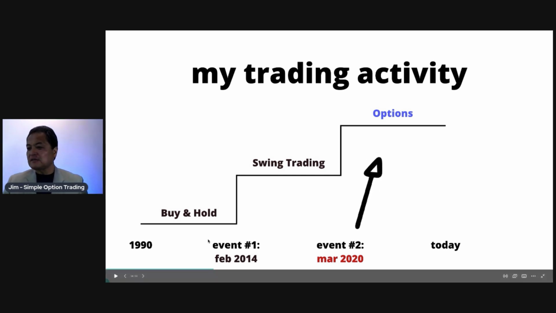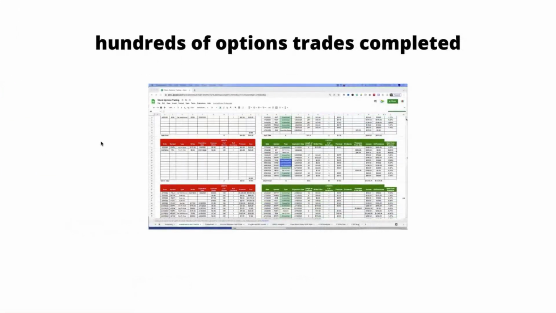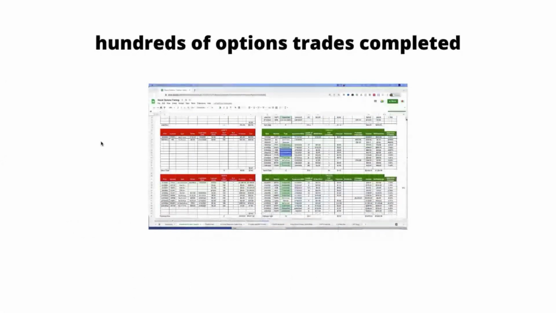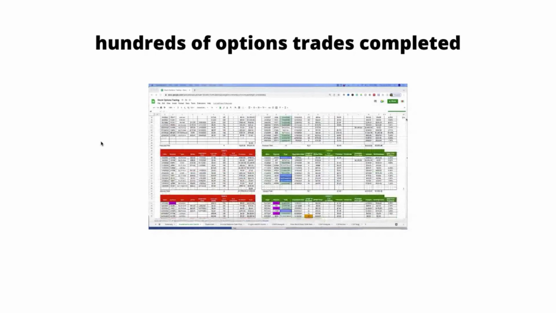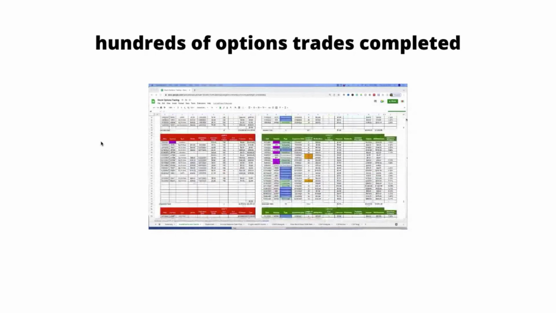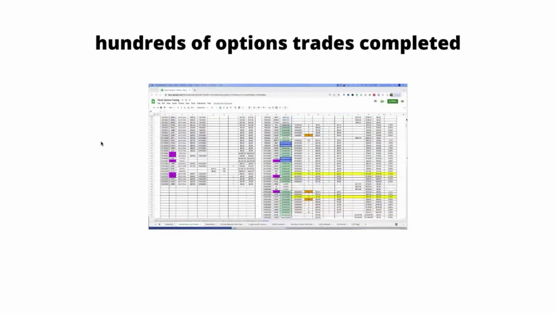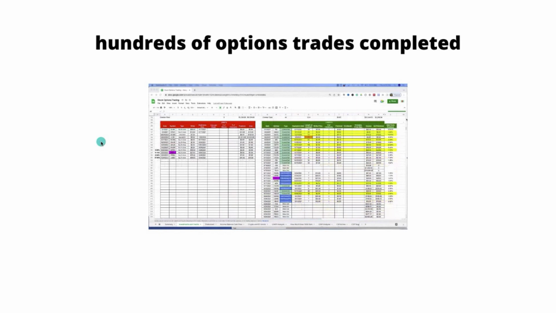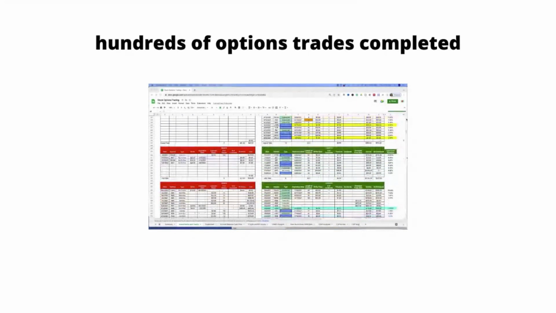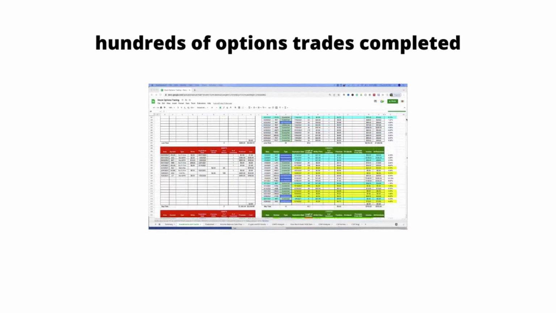And so as a part of that, over time, where did I get to? Let me see if I can move this back out of the way here. I started doing options trading a lot. And from that time, 2020 to today, I've done hundreds and hundreds of options trades, and I might even have 1,000 by now. I'm not sure. I'll have to do a check, but I've got a lot of option trades. So I've made a lot of money. I've lost a lot of money.